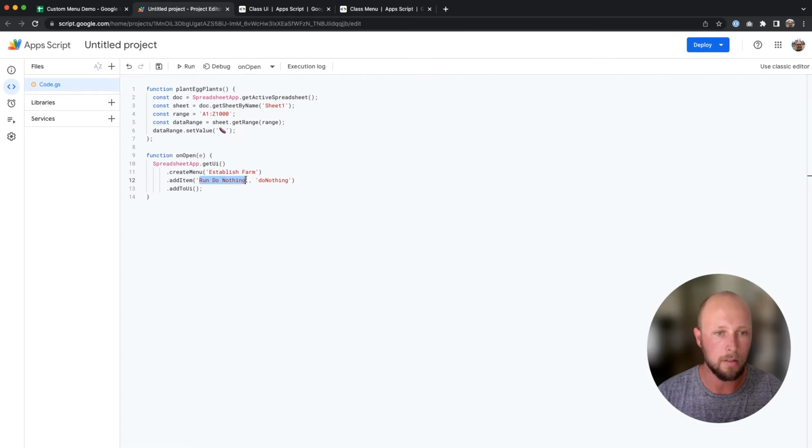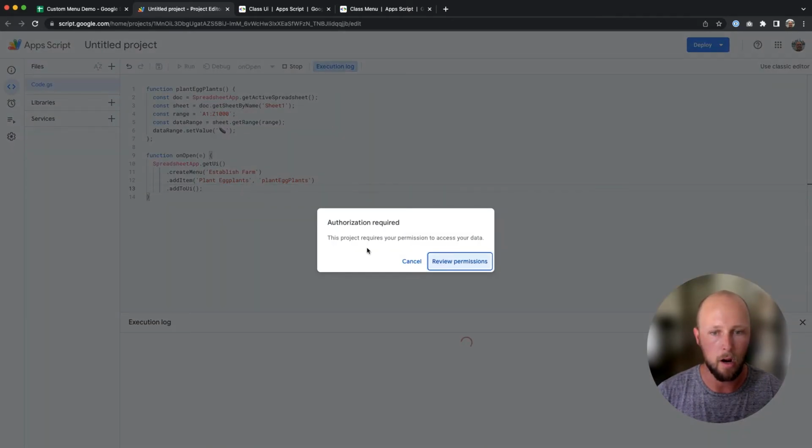And then we're going to go ahead and say plant eggplants, and that's going to be the option that's going to show up in the dropdown. And then what we want to do is run this plant eggplants function. So we will go ahead and type that in, save that out, and then we're going to go ahead and run our it's going to ask for some permissions,